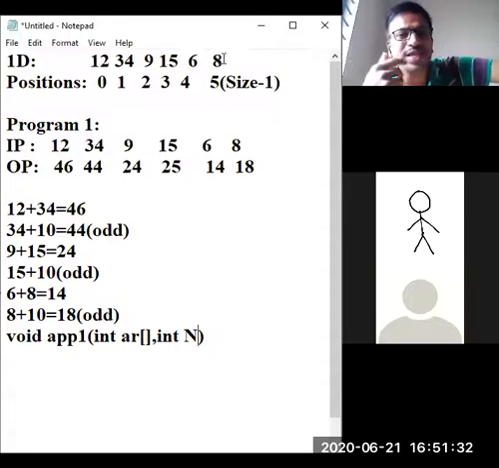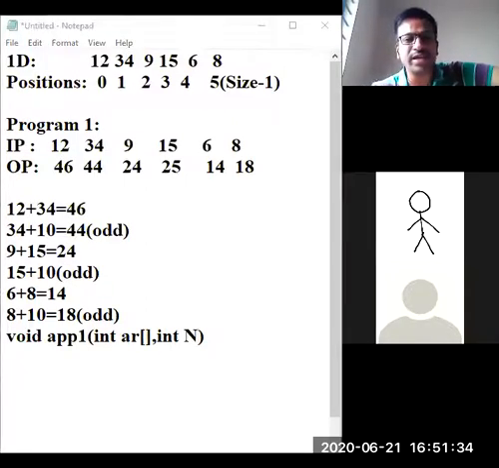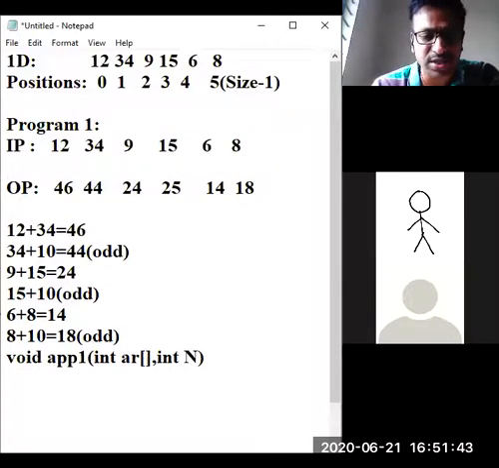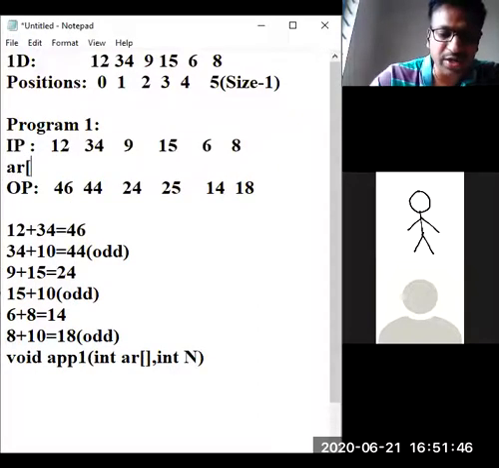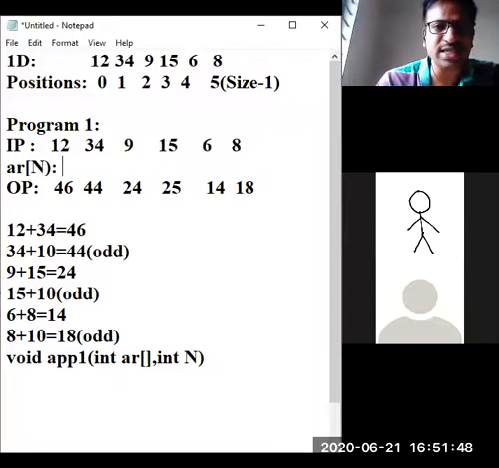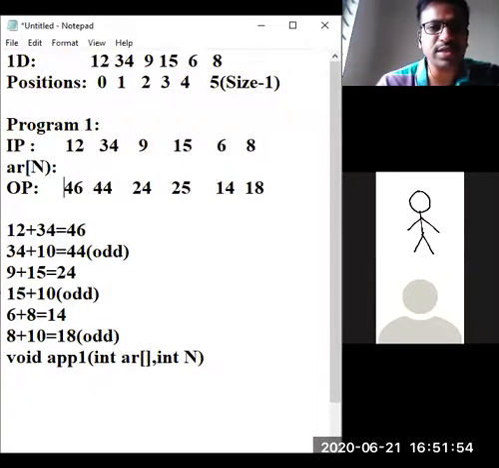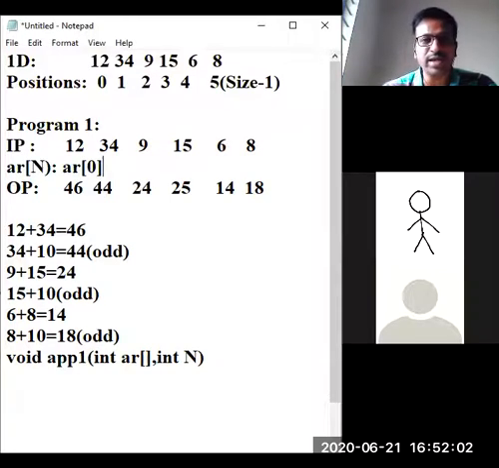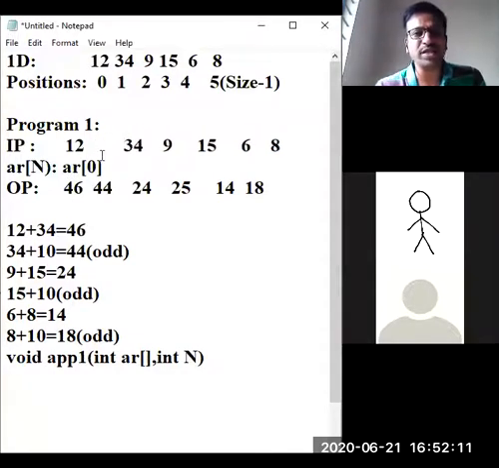AR of 0, what is there in AR of 0? Don't forget. Here I will write again. Here it is. AR of 0, what is there? Tell me. As per your input, I will write the positions here. 12. AR of n, you are going to write. Indexing always starts from 0. This is the way to represent AR of 0. And then AR of 1. There is no space. I cannot write AR every time, so I will directly write like that, but you may get confused. I will write 2 elements, and the remaining you can expect like that.